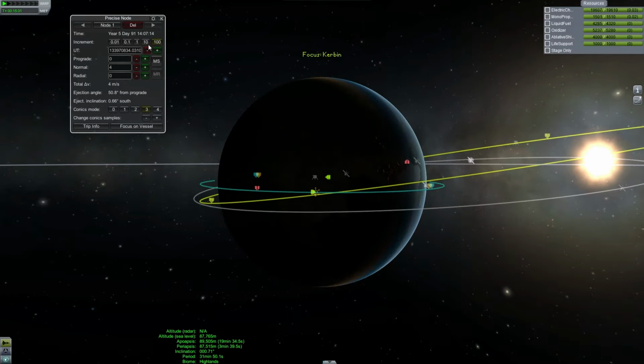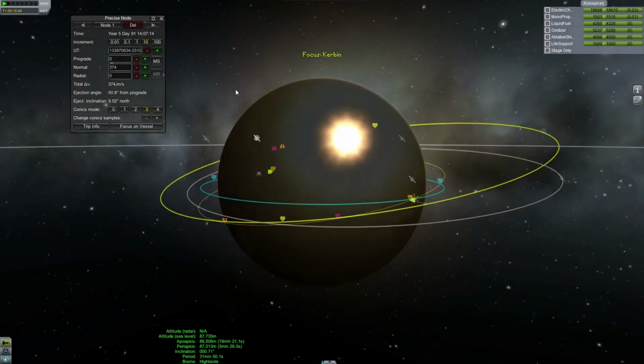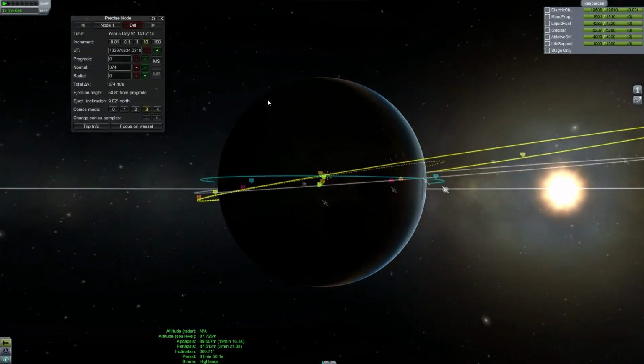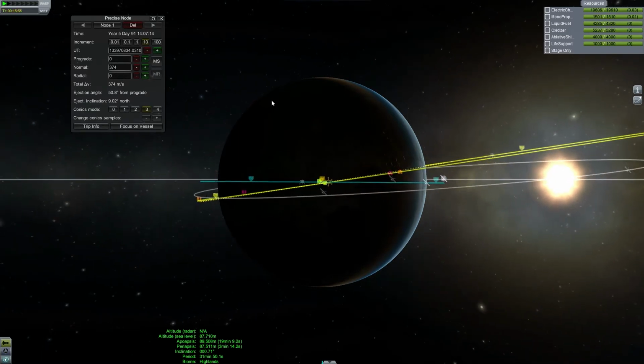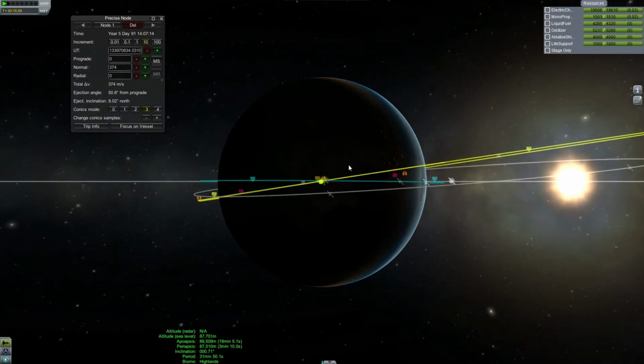So let's put it at 10. And do I have it right? Yes, I do. Okay. So this is how we match the normal. Okay, we're getting pretty close now. Let's see. If I look, here's the trick I was talking about earlier. If you align the ascending node points and the descending node points straight through the planet, like so, then you can